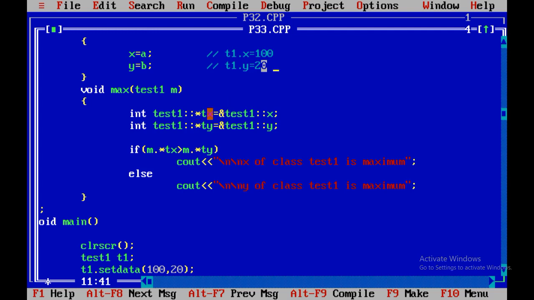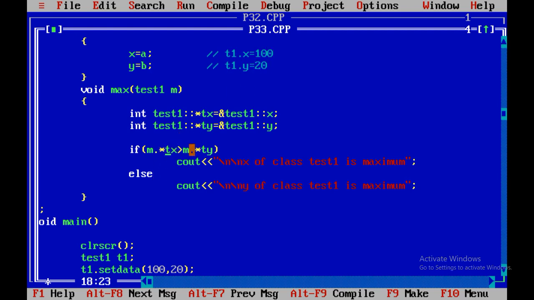Now what happens, we have taken pointer to member over here, so the value of x is stored inside the pointer tx and it is 100. Similarly, pointer ty contains the value 20. Now m.*tx, what is the value of m? m means t1.x, right? So m.*tx contains 100.